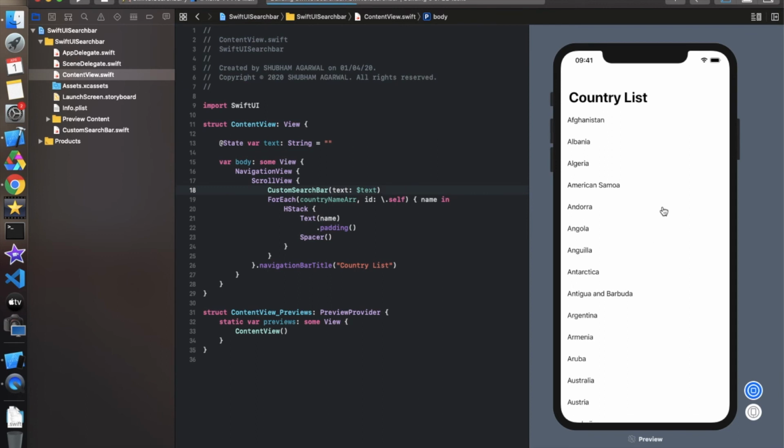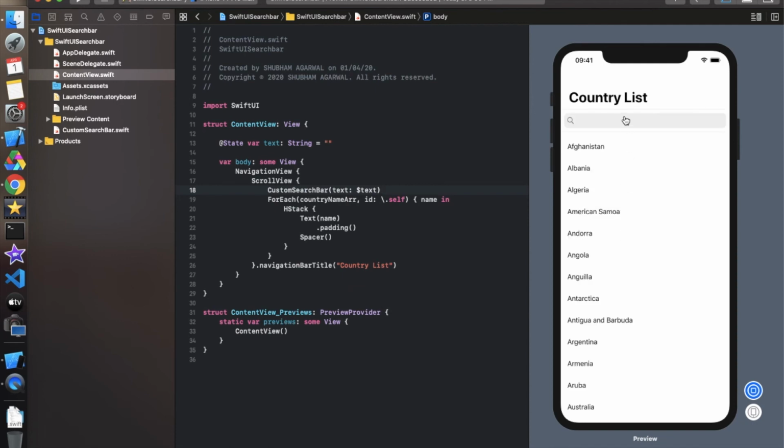So now let's run this thing and check whether it is working fine or not. So we will get a search bar over here and the list at the bottom. I think we haven't done anything so far to search the list. We just implemented the text bar, that search bar. So now let's type something over here, and it's working fine, but there is no searching so far. So for creating the searching, we need to put some logic in this ForEach loop. So simply create one filter on this array.